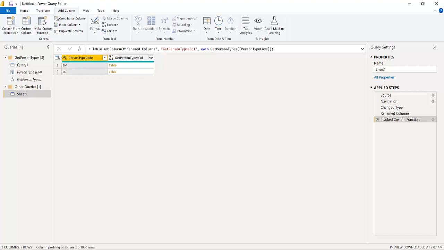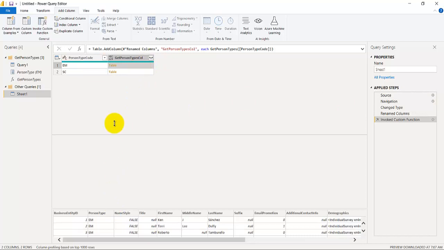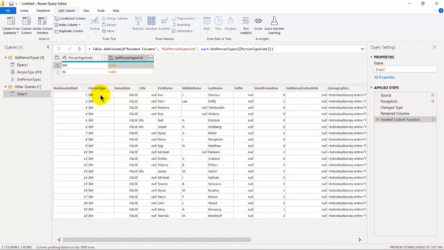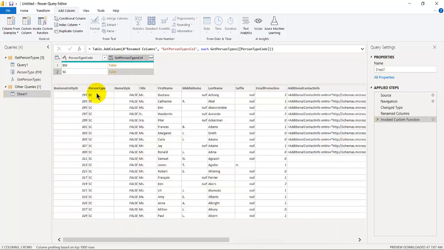Alright, so we've done this step, right? You can see on the table. Now what happened is that the table here will only show EM and this one will only show SC, right? So the next thing you can do is that you can click on,